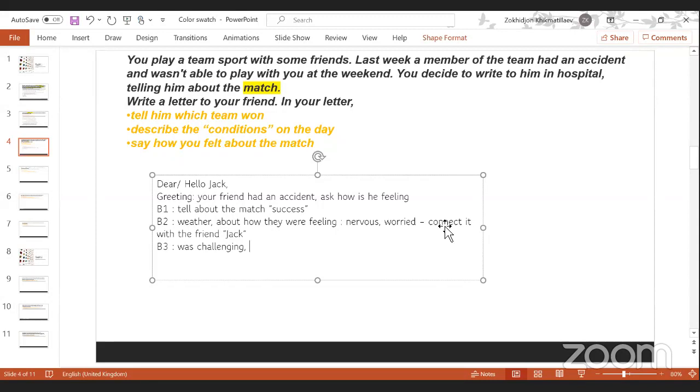Yeah, if it's about the football, right? You have to talk about the scores. Who scored the goal? Maybe Smith did some tricks there and scored the goal and you won. Maybe your enemy scored first and then you did. So explain what was happening exactly there and how you felt. So go into the topic. Okay.